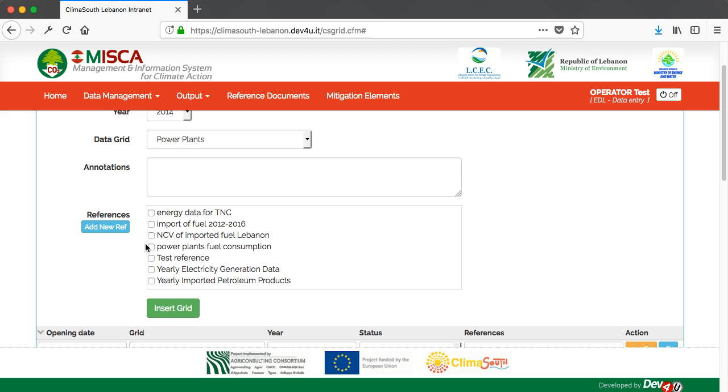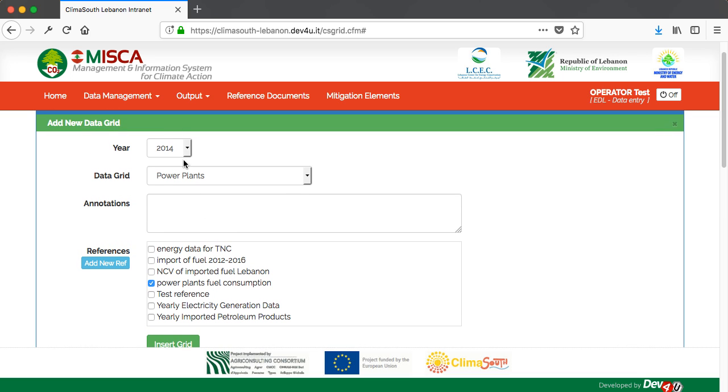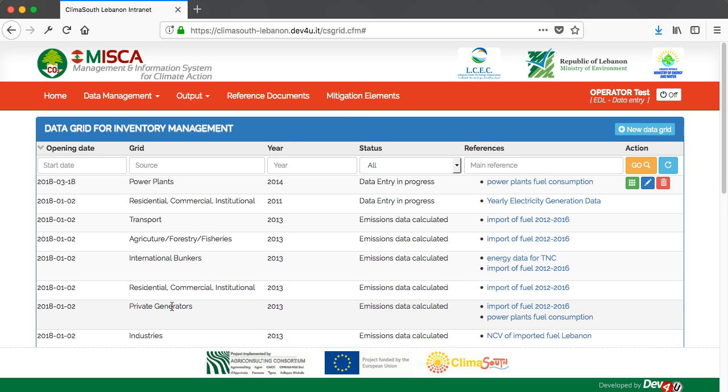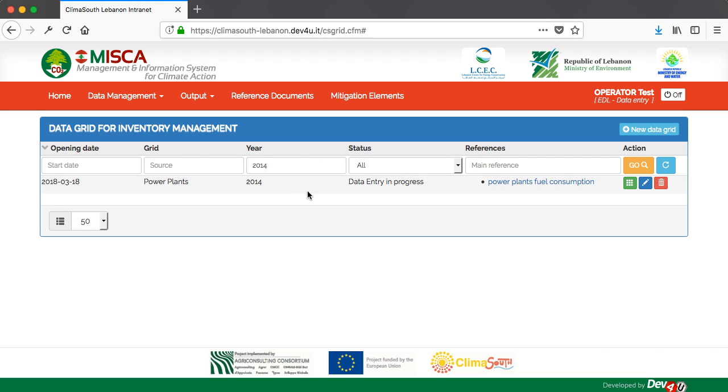Let's suppose that we are going to select the power plant fuel consumption. Once we have filled in all the information, we click on the button Insert Grid, and the system, as you can see here, has added a new row in the table. So if I select 2014, now I see that I have one data grid